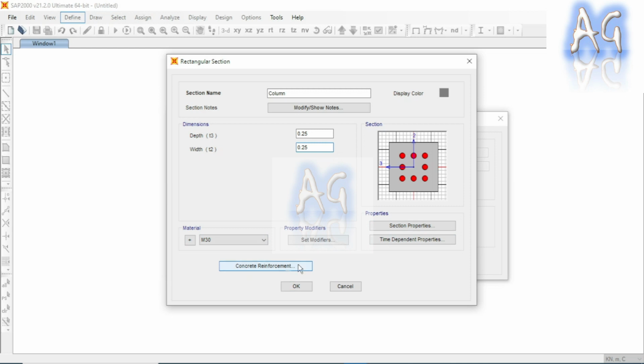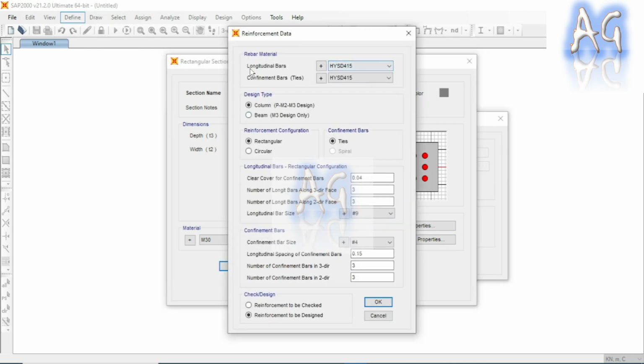And here now click on concrete reinforcement, and here the rebar material is already selected as a HYSD bar, and now in design type it should be column P-M2-M3 design, and here I am considering rectangular section, so that's why reinforcement configuration will be rectangular, and here confinement bars we are providing ties here. And now here you can provide any preliminary data for longitudinal bars, like you can provide clear cover. So here I am considering the clear cover is here 40 mm,